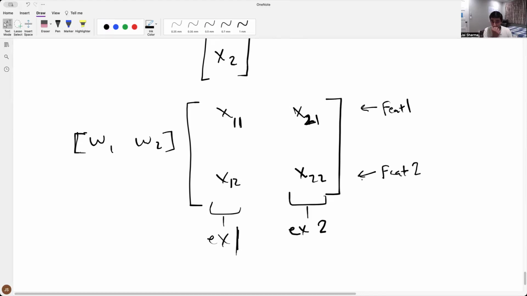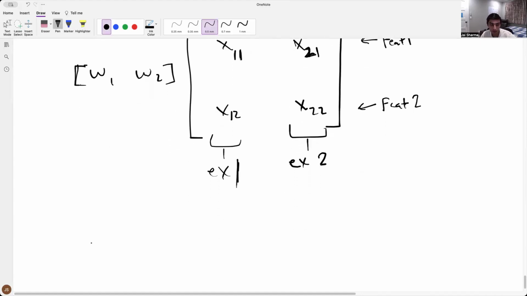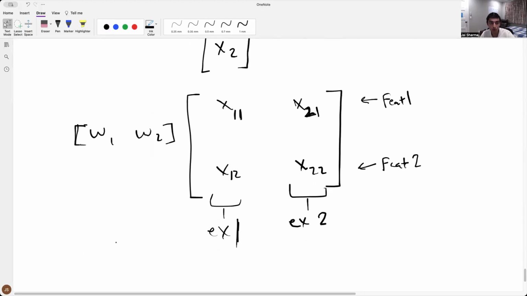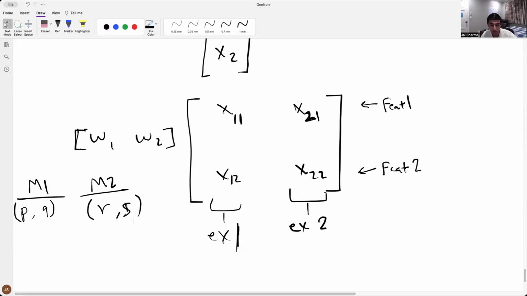Now, based on this, if you know about matrix multiplication, you'll know that if you have matrix number 1 of shape PQ, meaning it has P rows and Q columns, and matrix number 2, which has shape RS, so R number of rows and S number of columns,